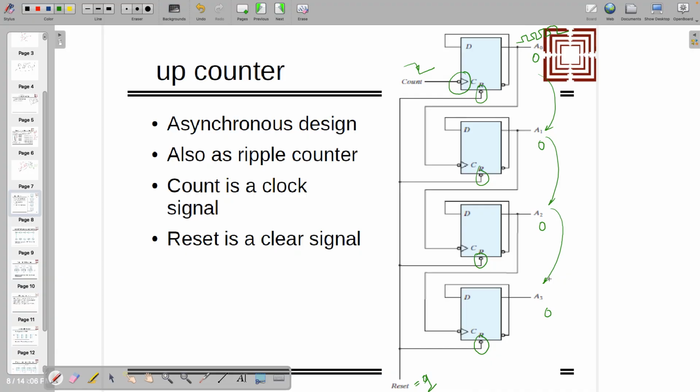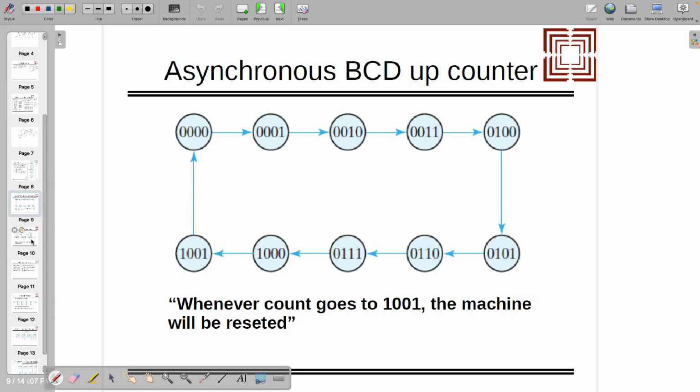Same way you can have the down counting also. You can check that and you can make the down counting with starting with the preset. Let's say if you are using here preset and preset to be 1, so all will be 1, and you start with that and you make it down count, right? Okay, so that was the thing. Same way, if you want to have the BCD up counter, just you have to make one.